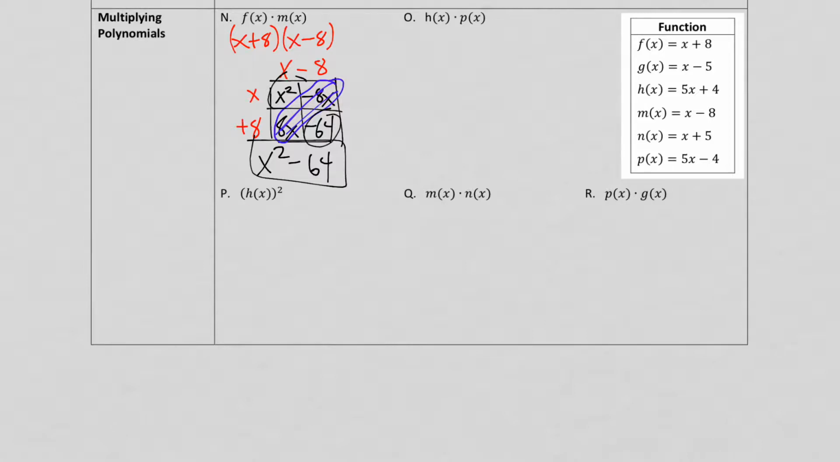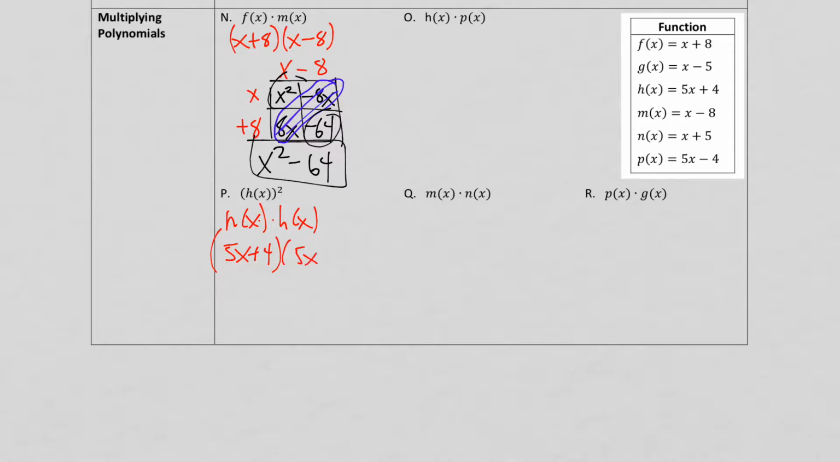One more here, guys, example P. So here, if I see this kind of notation, this is saying h of x quantity squared. So this is saying, hey, I have a list of 2 of these. So I have 2 h of x's. So h of x times h of x. Okay. Well, h of x here is 5x plus 4. So if I put that in, it's 5x plus 4